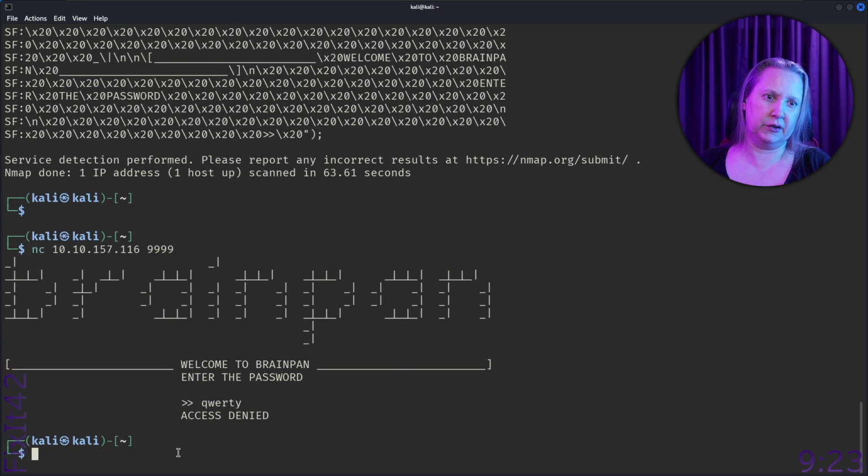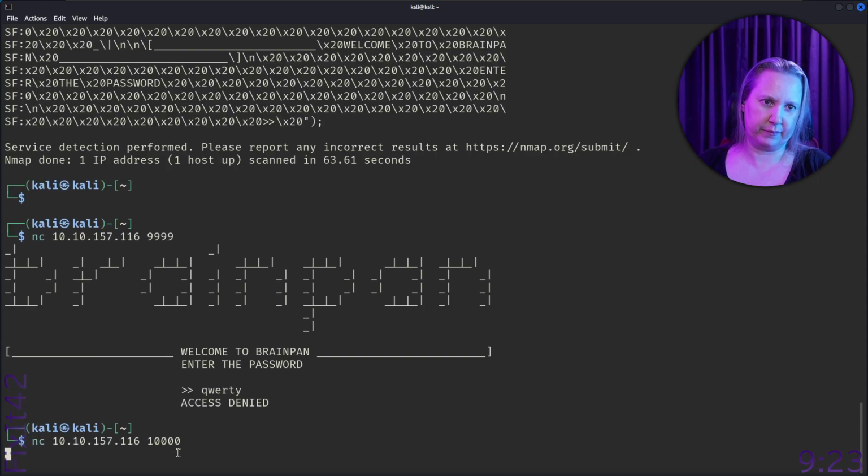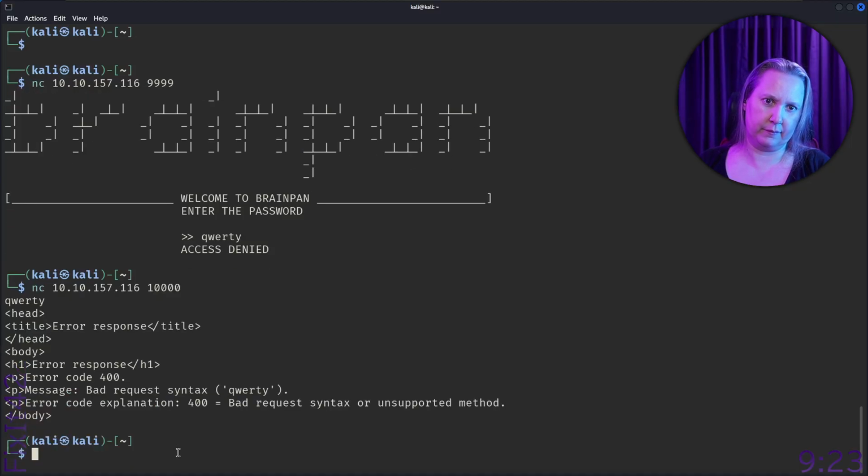Of course it's QWERTY. Okay. So let's try 10,000. Oh yeah, it's a web page. Let's connect to this one with the browser,